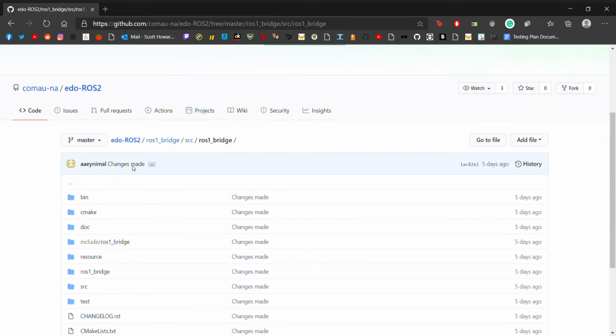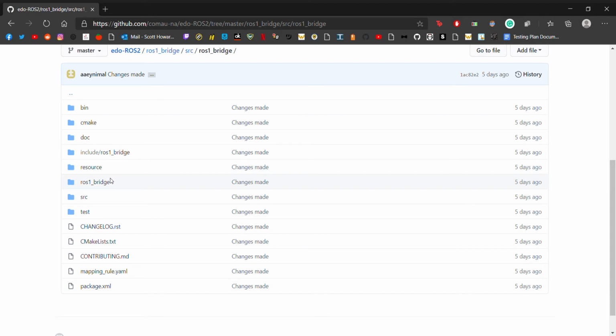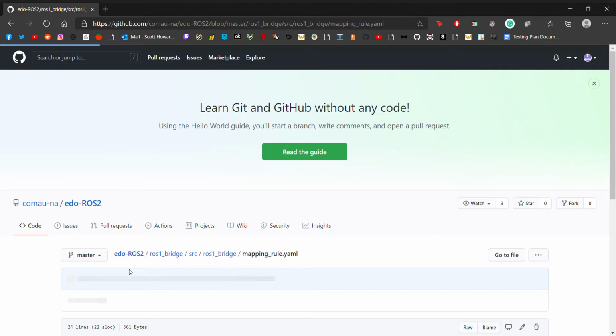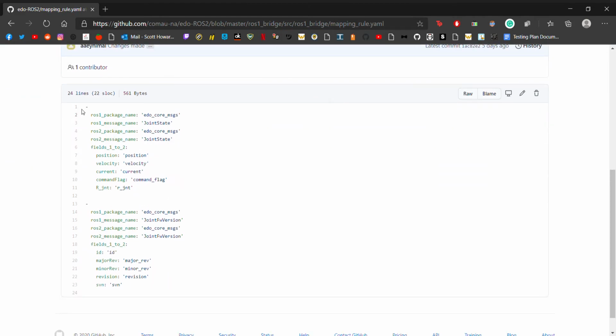This package is the bridge. You can mostly find this online, but we've included this because we actually ended up making some modifications. The main one is this mapping rule. Specifically, you have to write mapping rules for messages from ROS1 to ROS2 that don't line up,